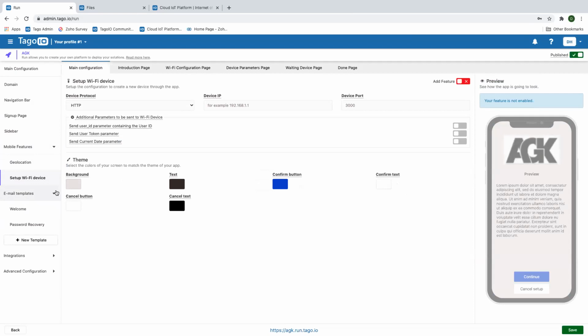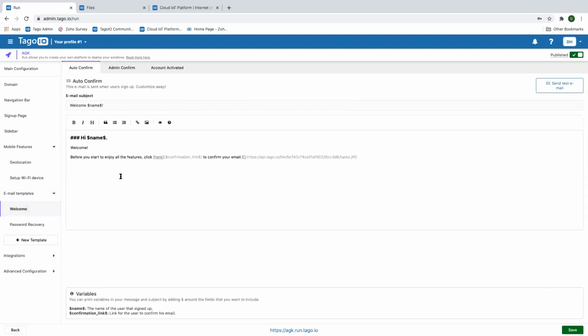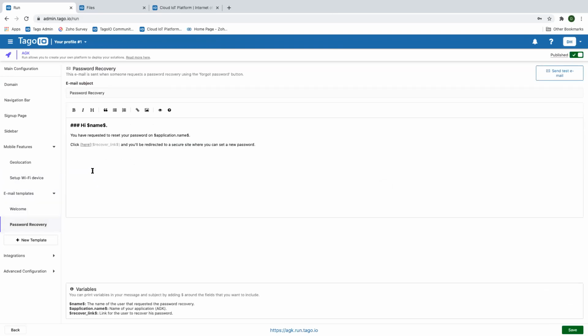Email templates. These are heavily used across our customer base when they deploy their own applications. We have the default welcome email, admin confirmation if you so choose, and account activated. You can fill these in, or you can create your own, and I'll show you that in a second. Password recovery, same idea. You could just put in your own text here and your own links if that's what you choose to do,